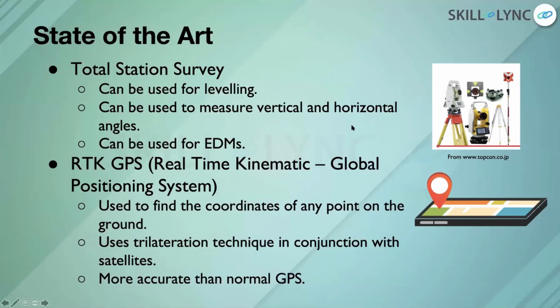And in RTK GPS, which is real-time kinematic GPS, it uses a bit more sophisticated technology, because the signal waves which are emitted by the satellites, on top of those signal waves, a carrier wave is also sent, and using the carrier waves, the accuracy of the location can be found out. The location can be found out to the best possible accuracy, and you can locate yourself within centimeters of your position. Okay, so that's RTK GPS.